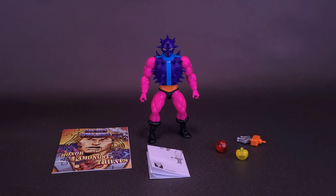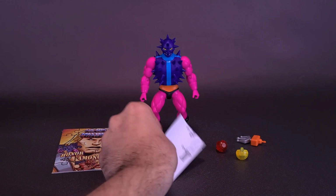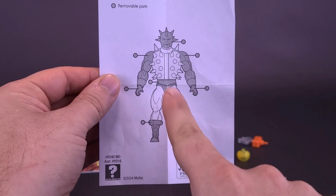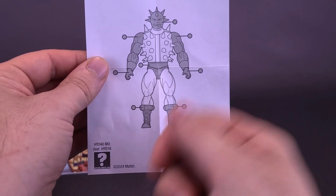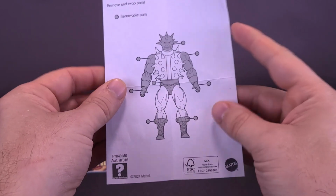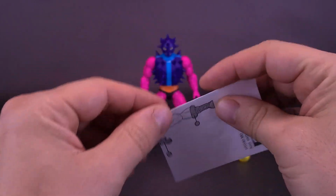For all the seven that care, the figure does come included with a little product sheet that shows you once again you can mix and match and swap the parts out. Take the head, take the shoulders, take the lower half of his body, and you can swap them around with other cartoon collection figures as well. This will be quickly discarded into the recycling bin, never to be spoken of again,